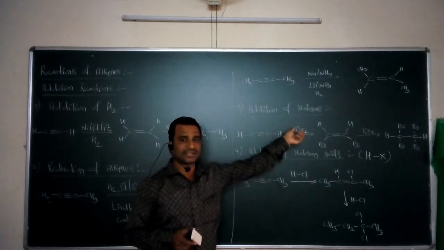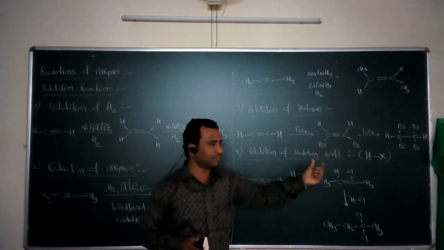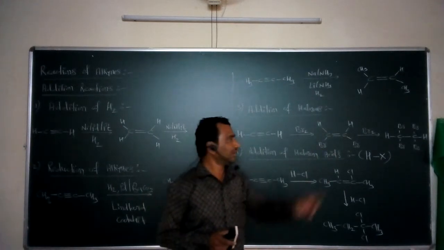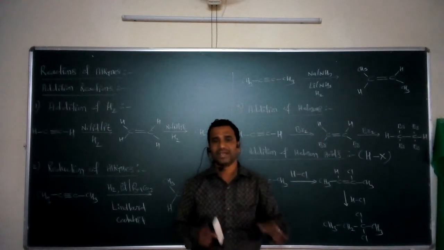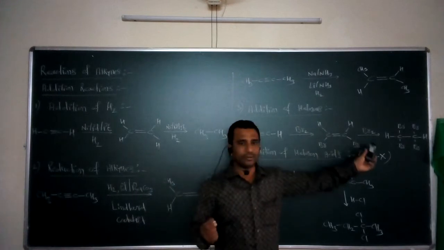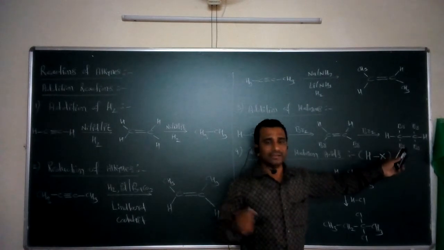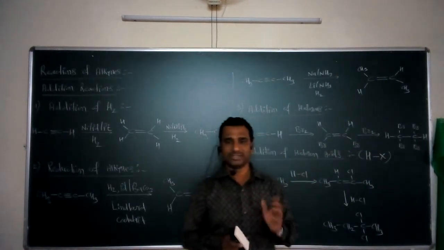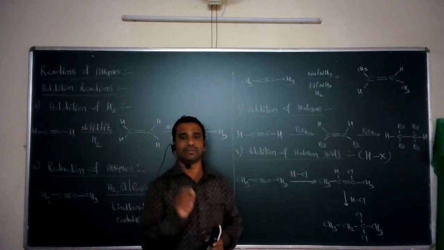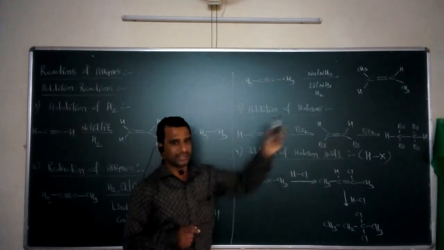When acetylene interacts with bromine, in the first step the triple bond gets converted into a double bond, and we get the 1,2-dibromo derivative of the alkene, that is 1,2-dibromoethene. Once this 1,2-dibromoethene is obtained, it again interacts with a second mole of bromine, and finally we get the tetrahalogen derivative of ethane, in this case 1,1,2,2-tetrabromoethane. So this is a simple type of addition reaction called the addition of halogens.